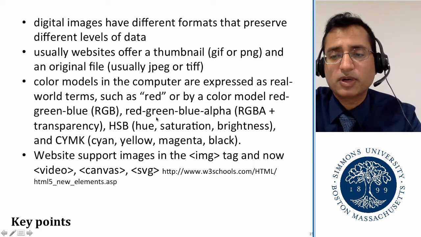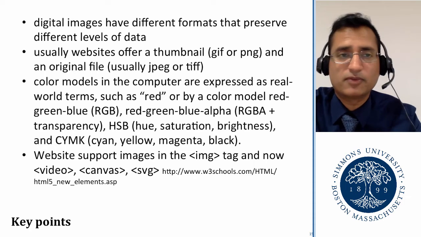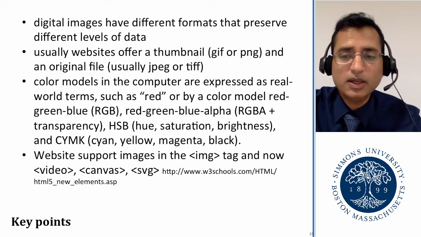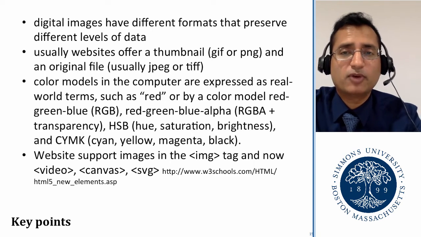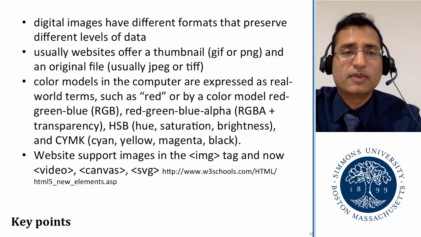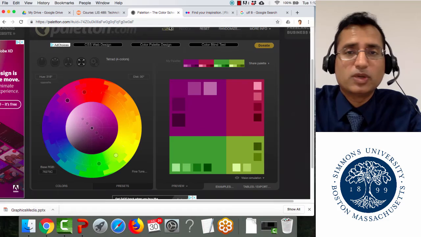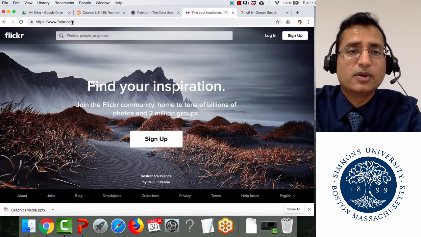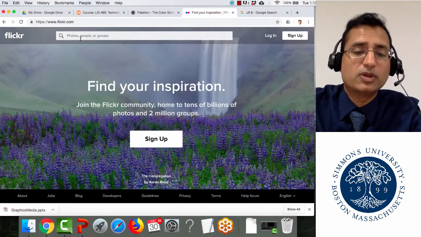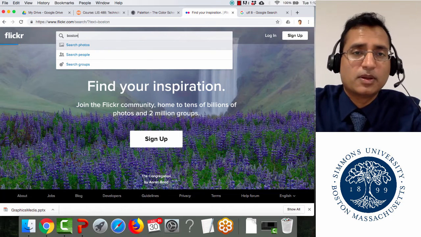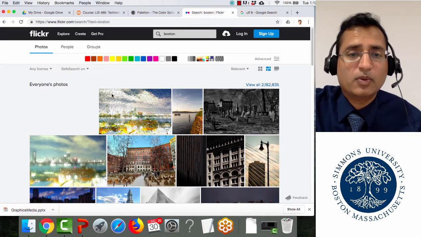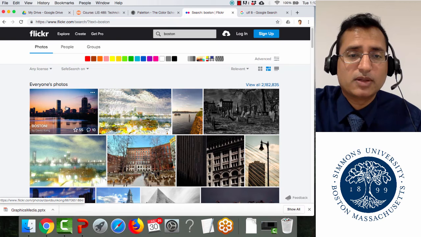So basically, to summarize, some of the key points of what we talked about is that digital images have different formats that preserve different levels of data, and usually websites offer a thumbnail, a GIF or a PNG, and an original file. So this part we can see when we go to, let's say, a site like Flickr. So this is flickr.com, and let's say we search for Boston, and we'll get lots of images over here. And when we want to look for any particular image,